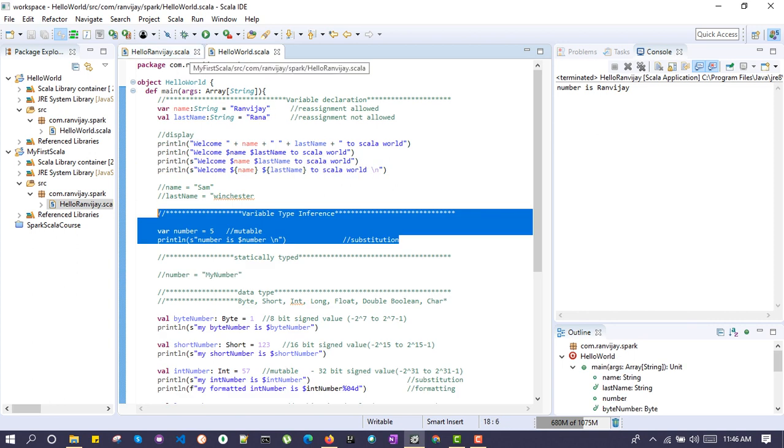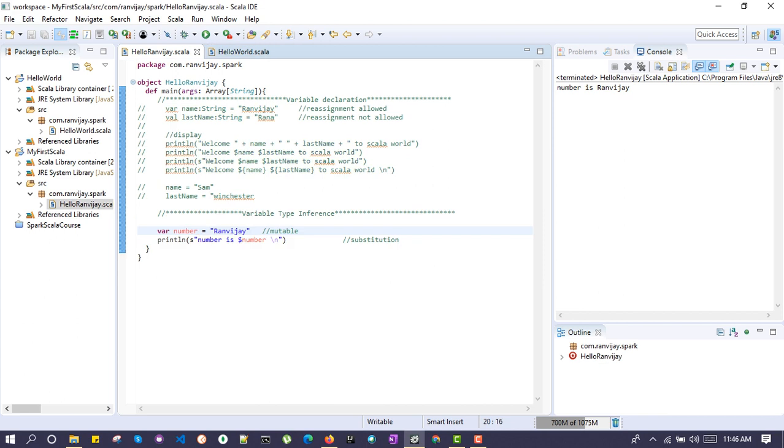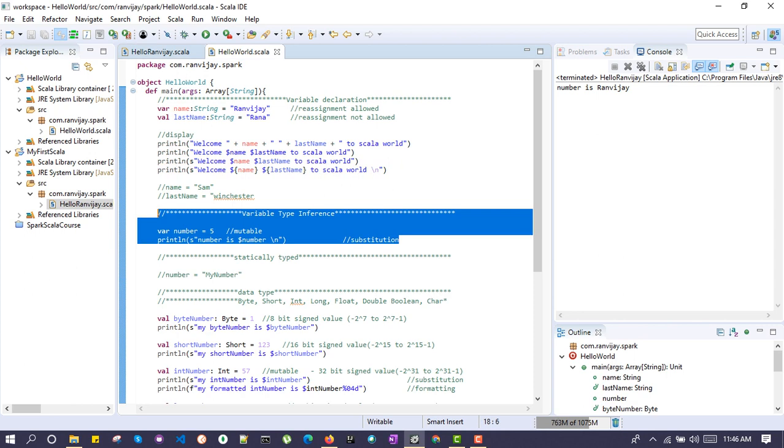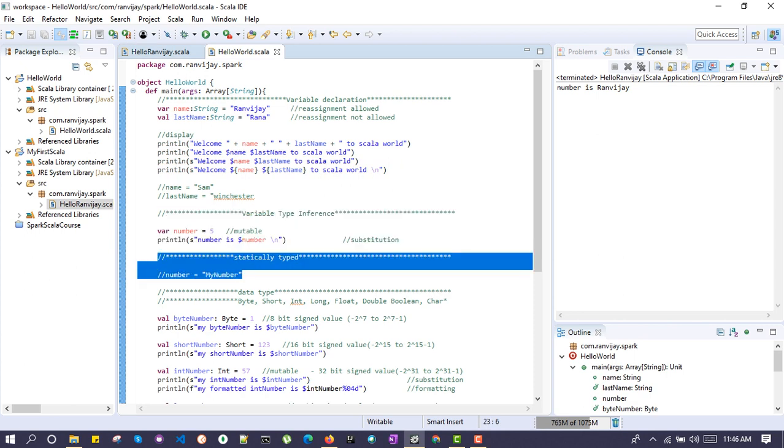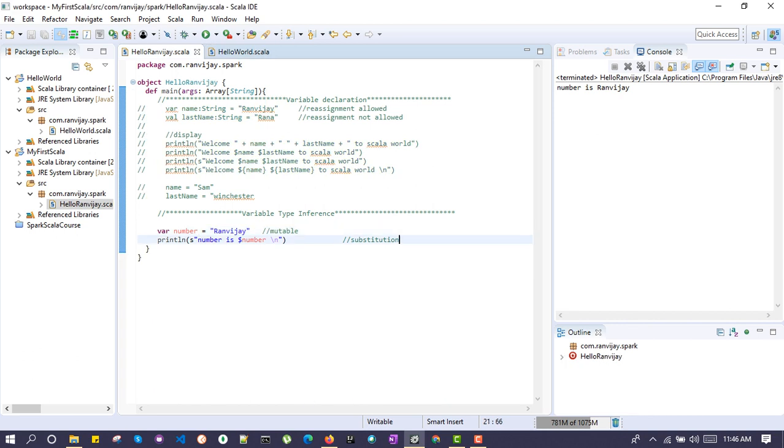What does statically typed mean? See, we have defined, let's copy this. What does statically typed mean? Once you have defined what type of data is inside that variable, you will not be able to change its type.